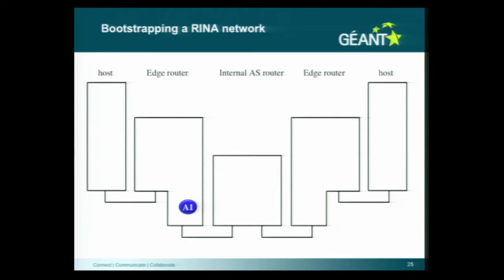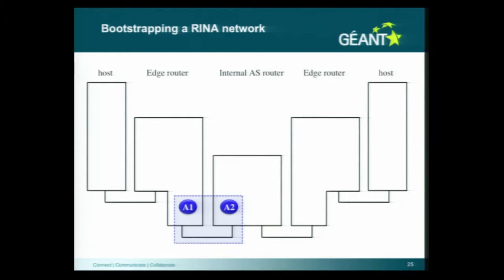We are building it around Ethernet. So let's say that between this here is an Ethernet link, these are Ethernet links, and this is an Ethernet IPC process, which is directly tailored to the Ethernet layer. So in each node you would have a management agent that takes care of all these IPC processes. So once you start a second one on, for instance, this host, which is an internal AS router, they join each other. So the registration would be in our Ethernet shim DIF